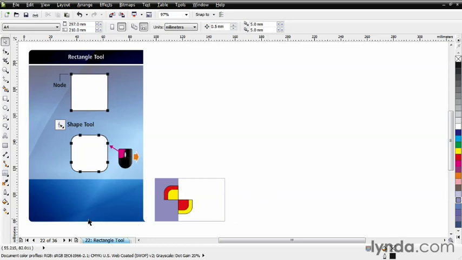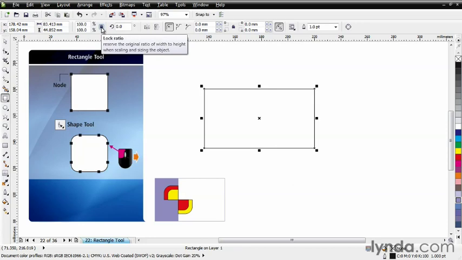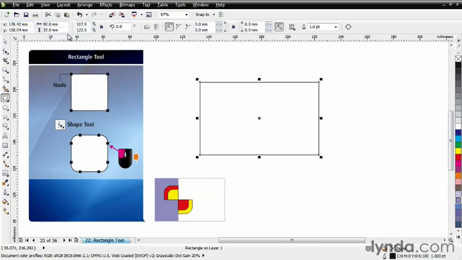Well, we're remaining on our working page 22, the rectangle tool, and we're going to start our project. So we'll simply start by selecting the rectangle tool, click and drag. Don't worry about what size it is because we're manually going to size it. Make sure the lock is turned off, and we'll type in a value of 90 millimeters by 55 millimeters and hit enter. So I actually type the value, then tab on my keyboard, tab will automatically jump to the next